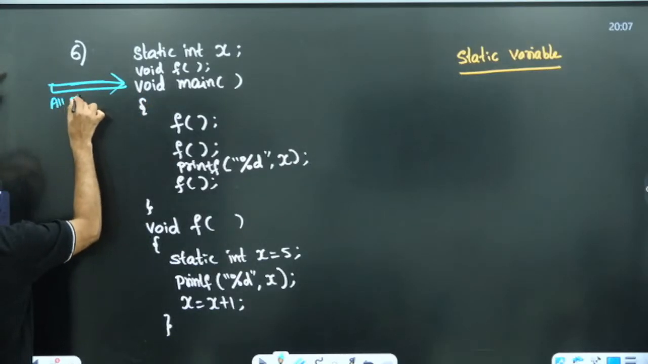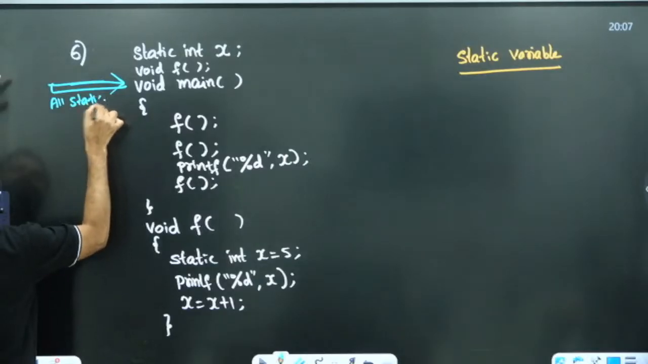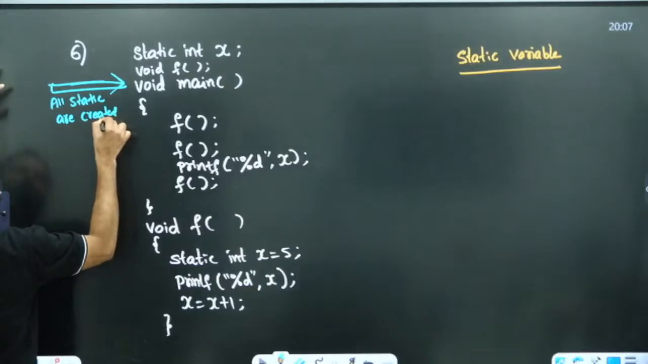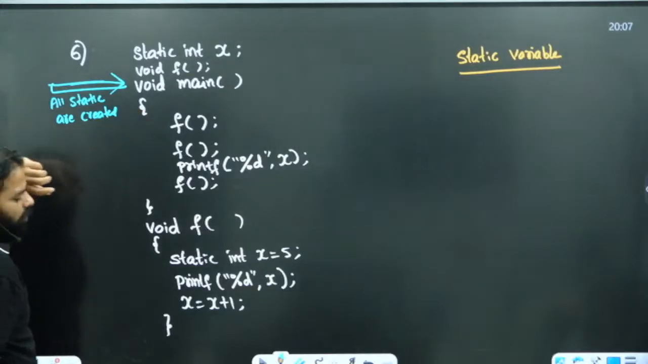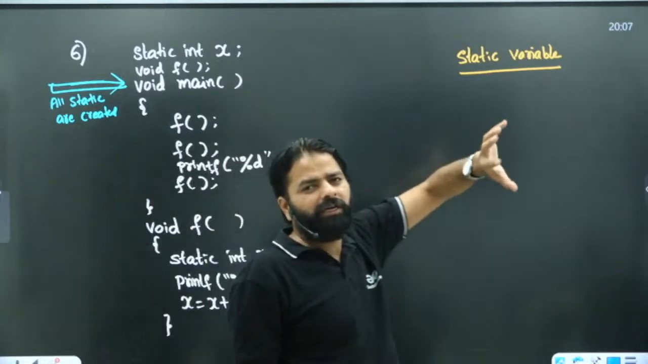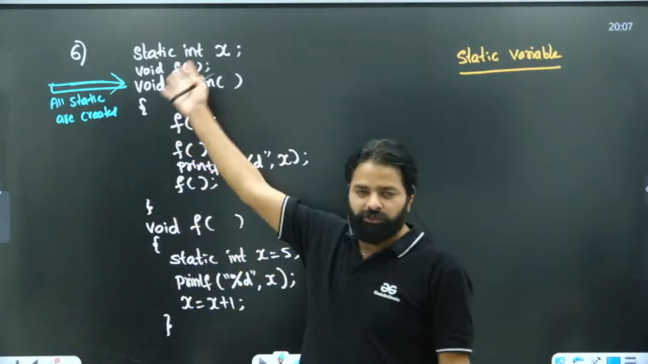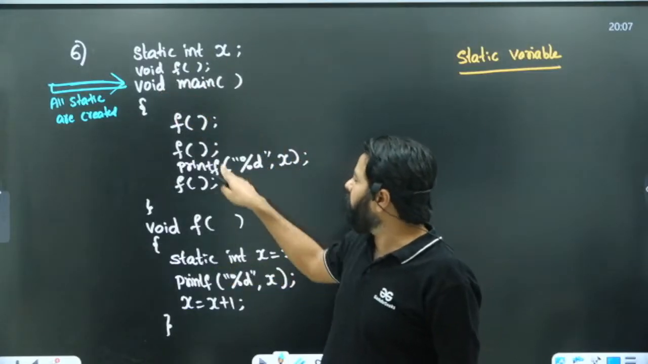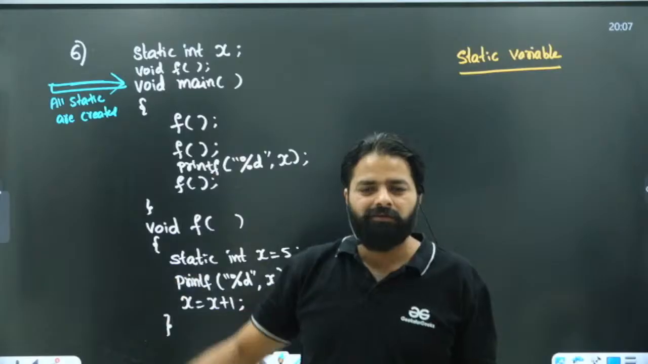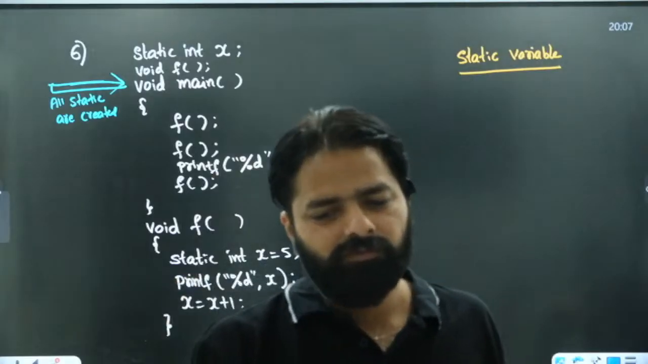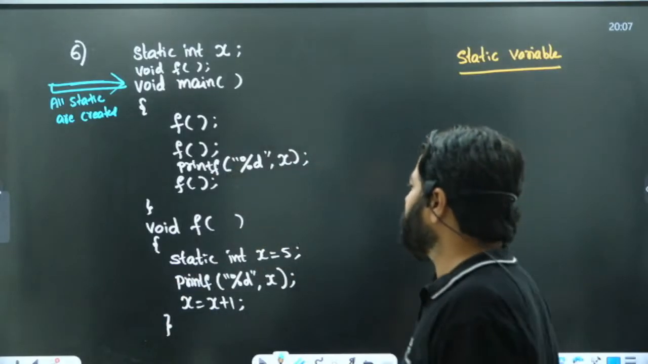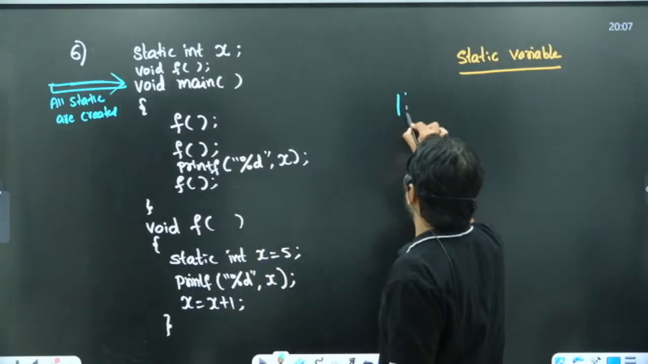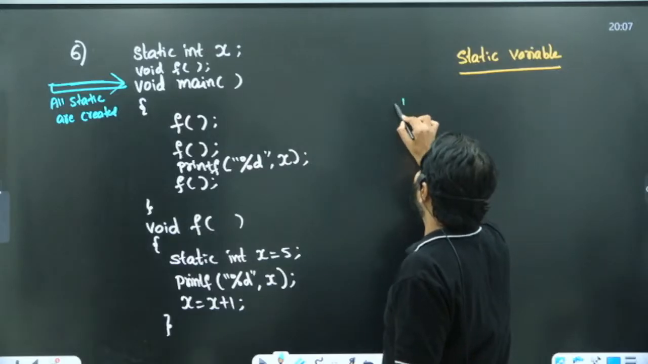All static variables are created in the memory, allotted in the memory. All static variables' memory is created in the data region. It doesn't matter whether it is here or here or here. Is it clear, everyone? That means, sorry, I'm very sorry, data region,